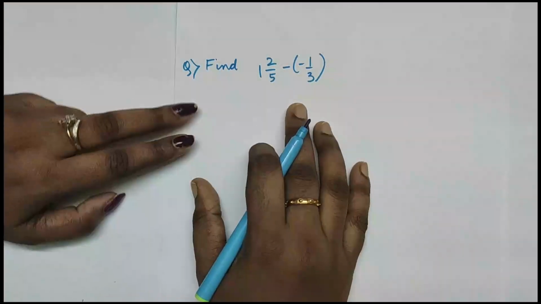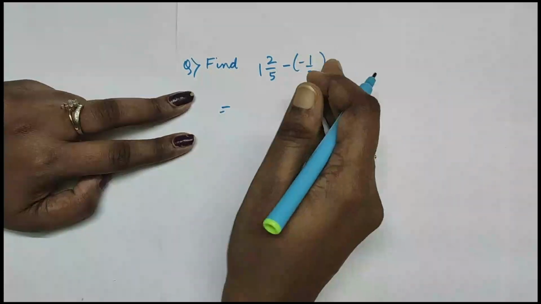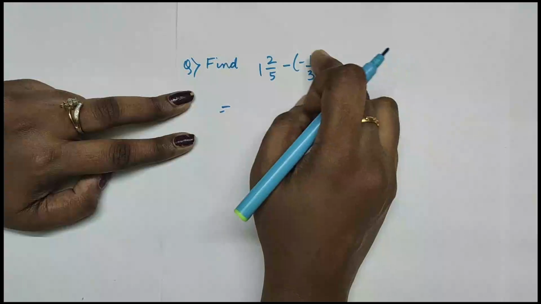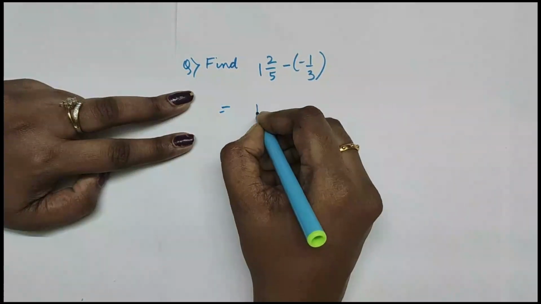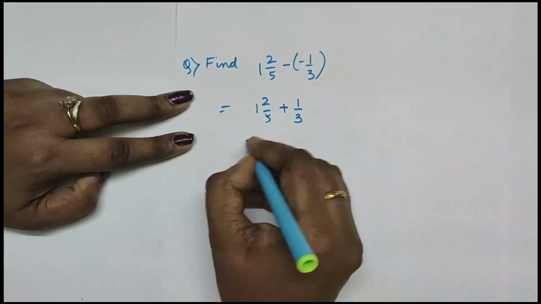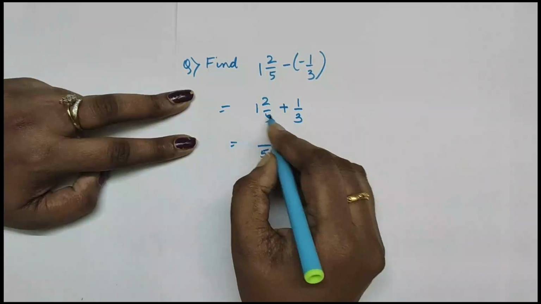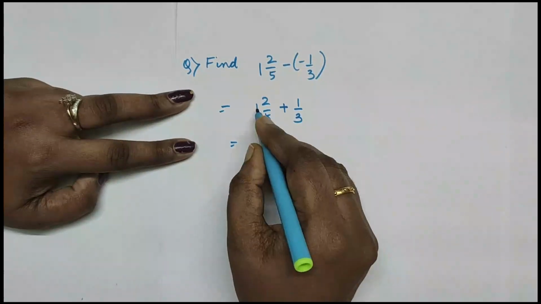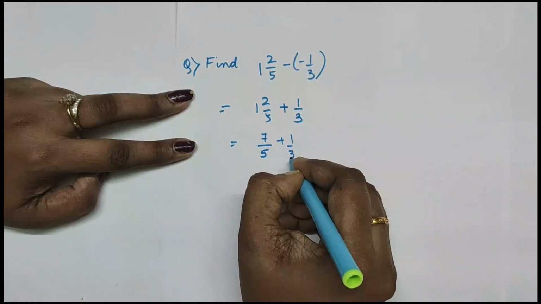Just another question of this kind where it is directly told to find the value. Here you don't have to put the second number in the front. When it is asking from, then you put the second part into first. So here minus and minus will become positive. So I put a plus, convert it into the improper form. That is 5 into 1, 5 plus 2 is 7 plus 1 by 3.